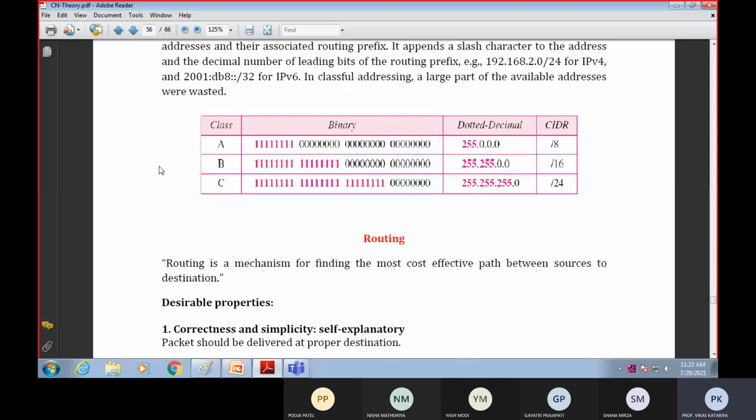So this is the default CIDR for class A: CIDR notation /8, because the network bits are set to 1. If we count the total 1s, that will be 8. In class B, there are a total of 16 bits which represent the network ID, so there is a 16. For class B, the default CIDR is /16. It may be customized. And for class C, there are 24 bits set as the network ID, so /24. Mostly, the slash notation tells us how many network bits we require.